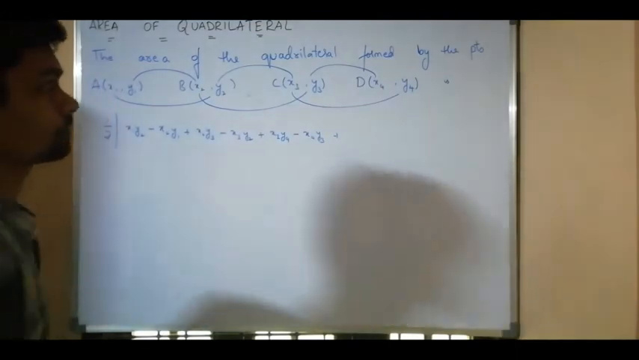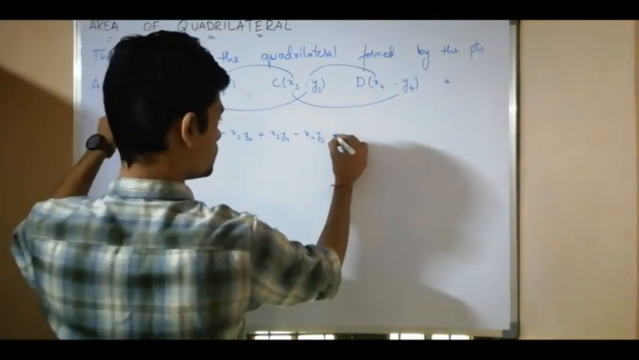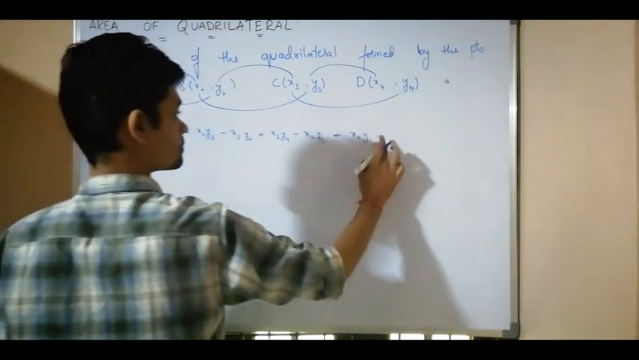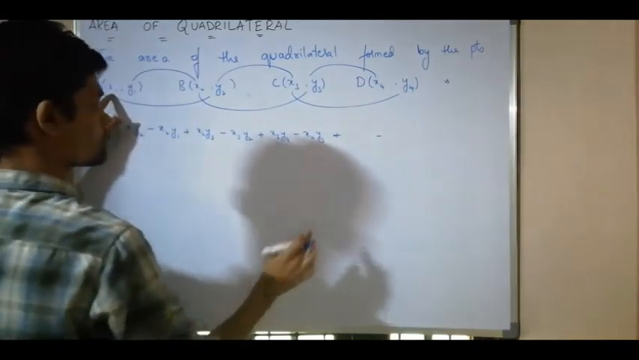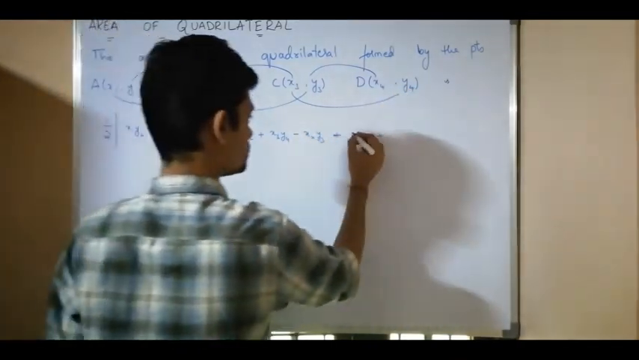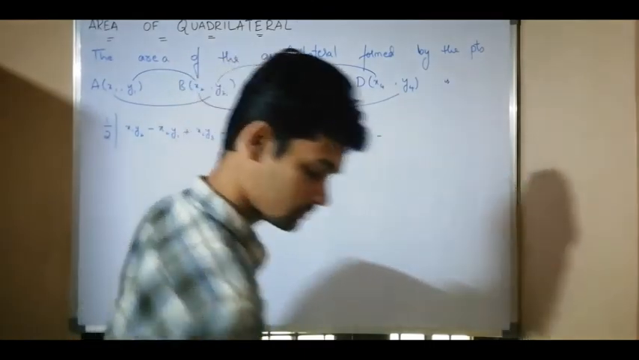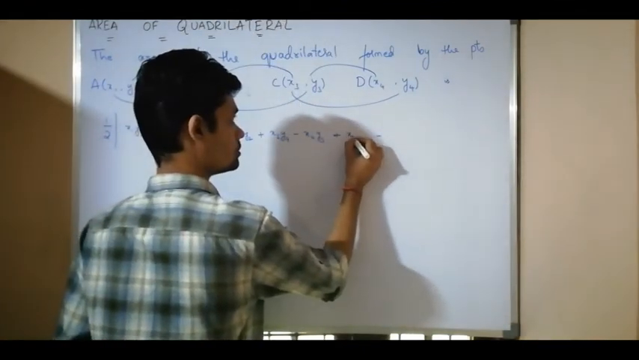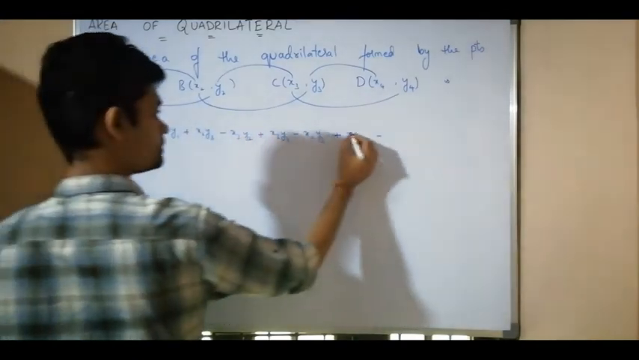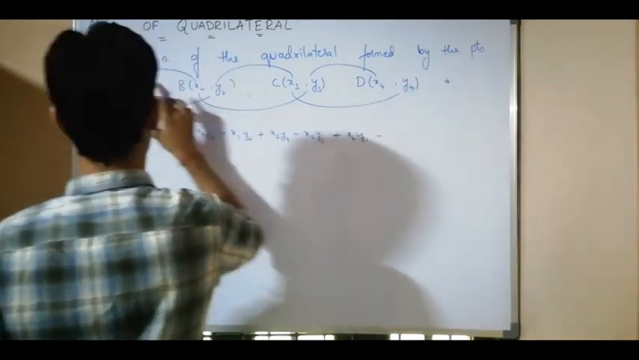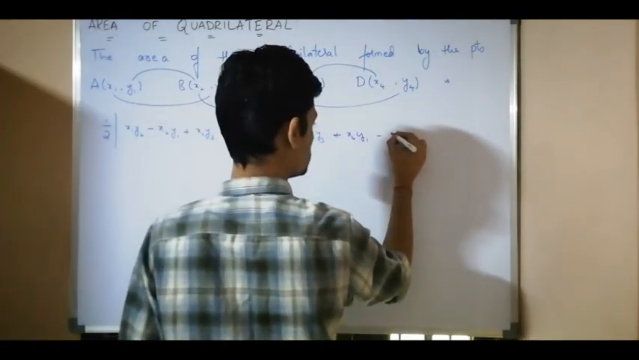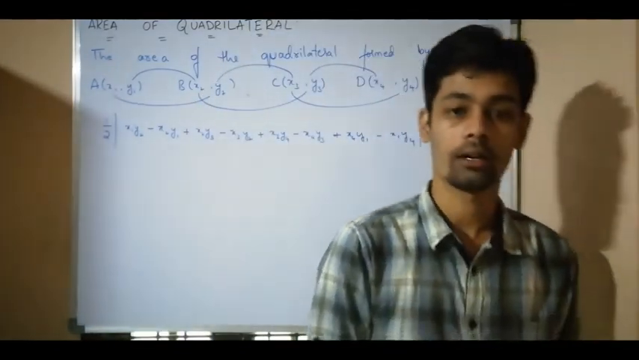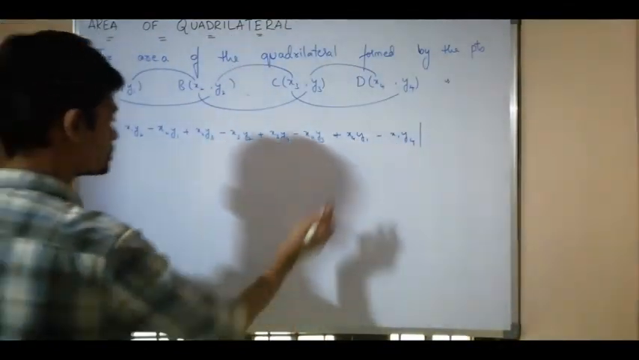Now DA: x4 into y1 minus x1 into y4. This is the area of a quadrilateral. Instead of this one you can use this one also,